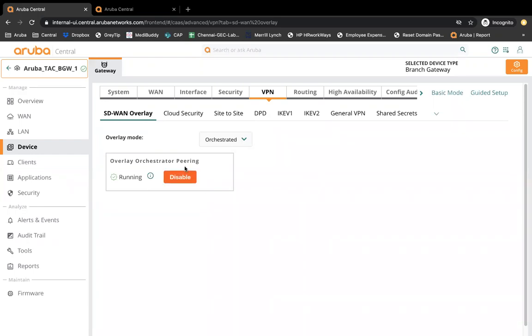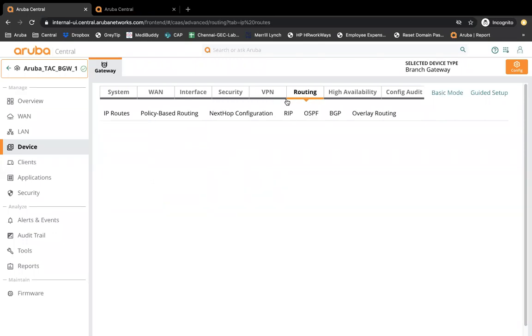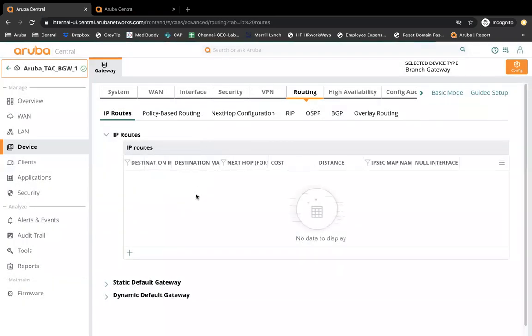So once you enable it, the IPsec VPN would be automated, and the routing and everything would be automated between the VPNC and the branch gateway. This is the orchestration part that I was talking about. And once that is done, and if you want to have any kind of routes that need to be added,